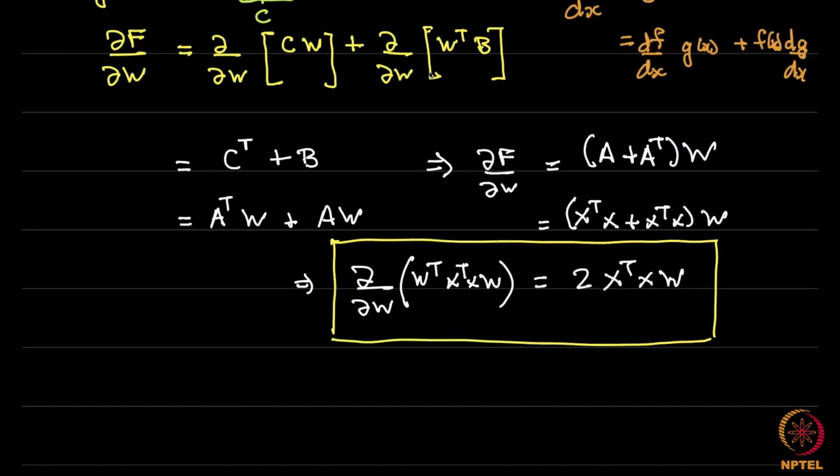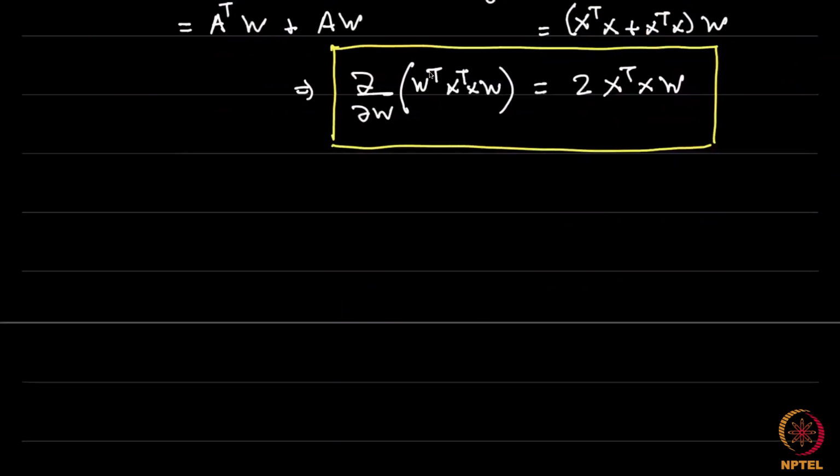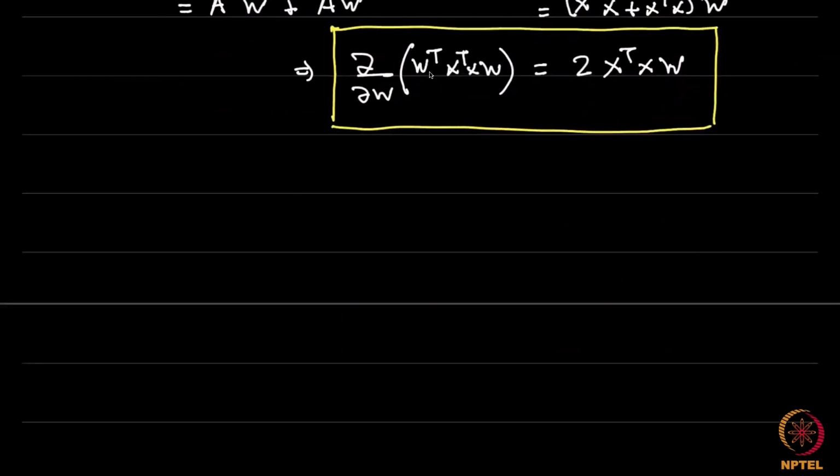All you need to remember again is, if you treat W as a scalar, then it will look like d by dW of X transpose X multiplied by W squared, which will simply be 2 times X transpose X times W. So it works in a scalar, and with matrices you have to be a little bit careful to ensure that all the matrices match. So all put together, if we now sum all terms together,